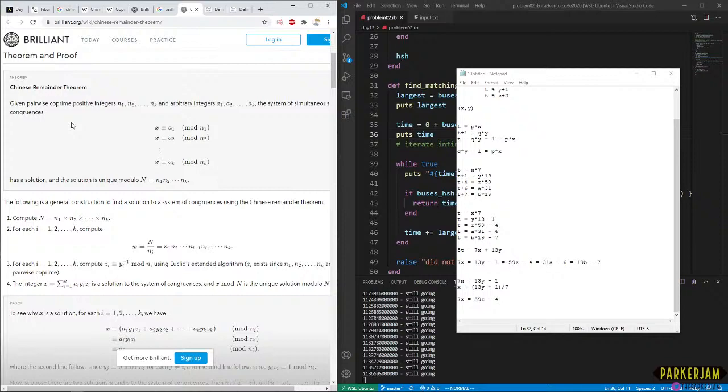Okay, Glenn. Thank you. 7 mod 5 is the same as 2 mod 5. So therefore, 7 is congruent to 2 with respect to mod 5. Okay.